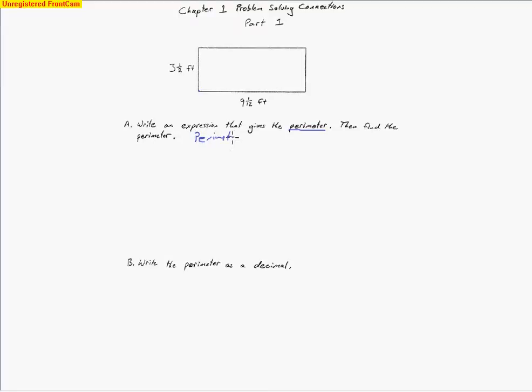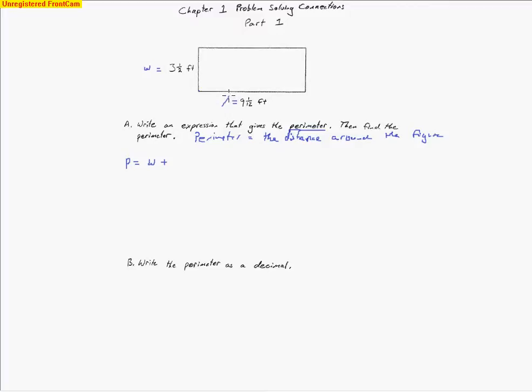Perimeter is equal to the distance around the figure. So if we're going from one spot all the way around the figure, that is the perimeter. If I wanted to find the perimeter, there's a few different ways we could do it. We could first start by taking the length of the side. So we could say the perimeter, P, equals, we'll call this the width here, the width plus, we'll call this